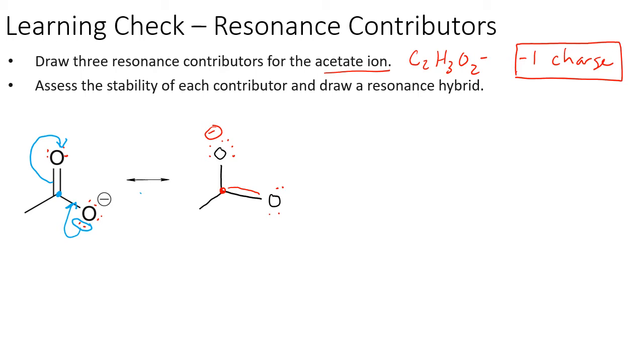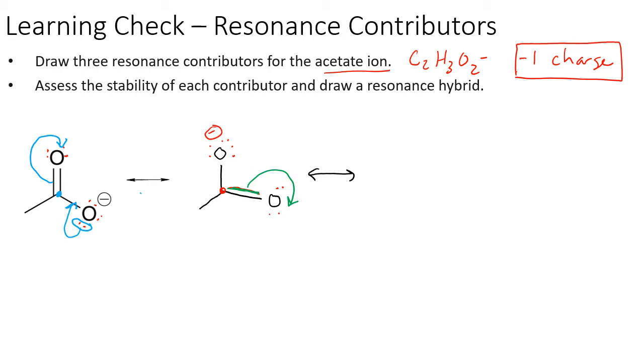Everyone has an octet. No one is electron deficient. There are no electropositive atoms that are bearing a negative charge or vice versa. There's one other structure that we could draw from here that might or might not be important. So we could take the pi electrons in between carbon and oxygen, and we could split those and separate the charge. So if we take these pi electrons and we push them up to this oxygen,